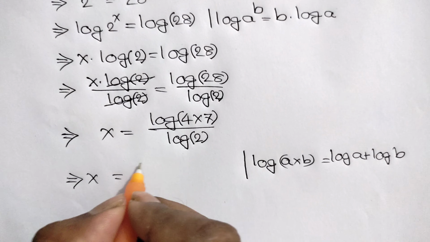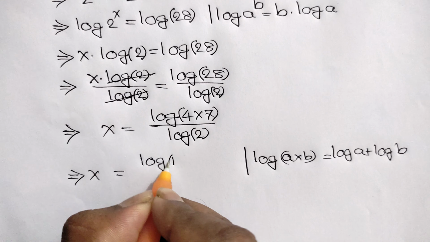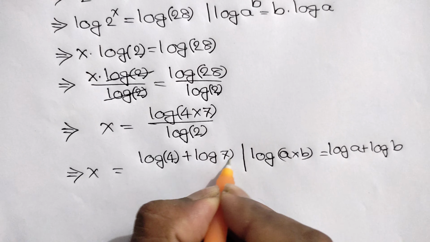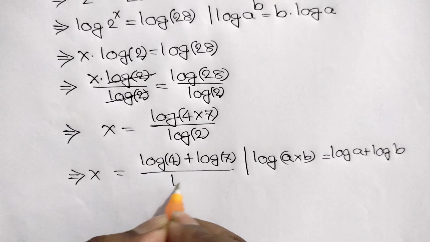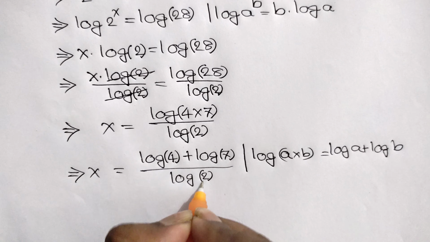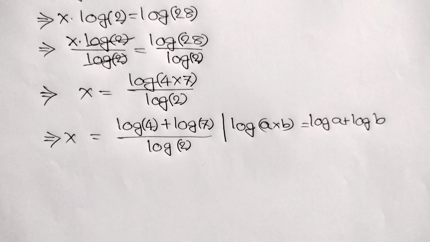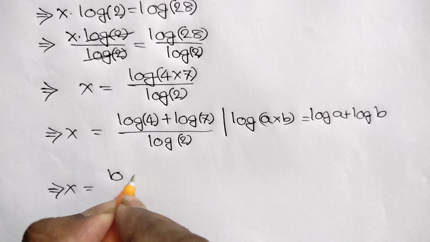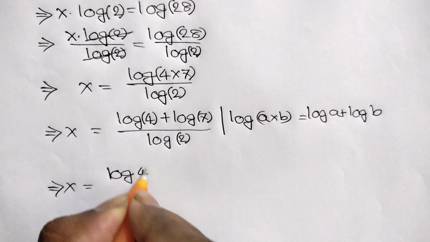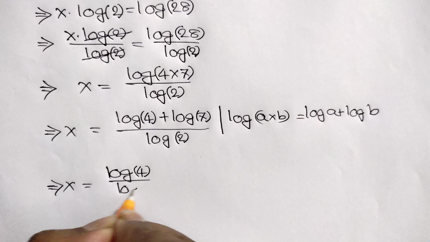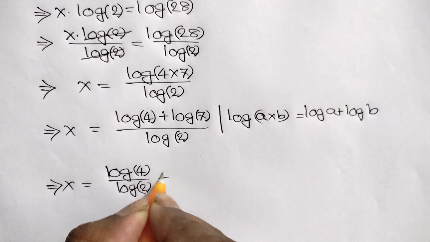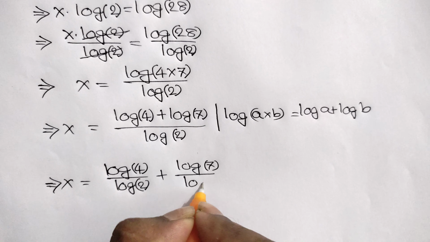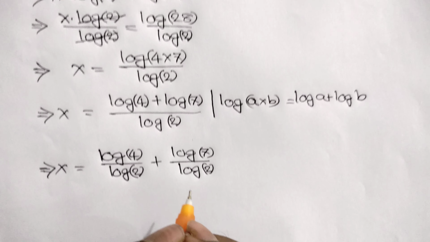So applying this formula here, we can write log of 4 plus log of 7, all over log of 2. Or x is equal to, now we can write log of 4 over log of 2 plus log of 7 over log of 2,